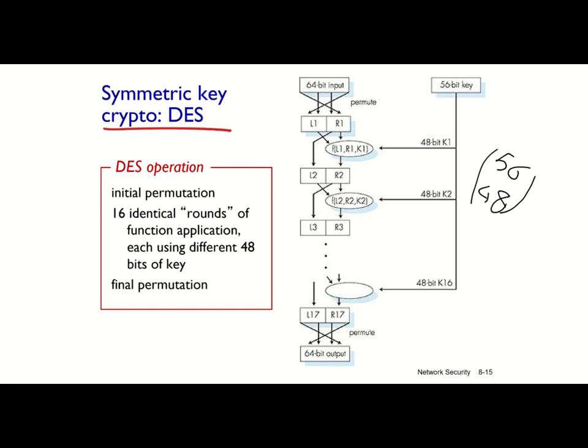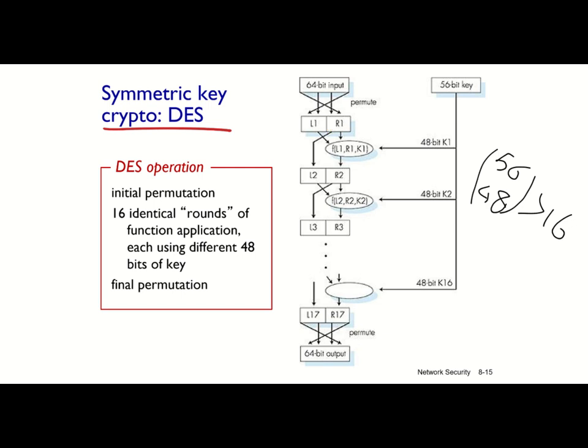But this is much more than 16, so there would be no problem finding 48 bits out of 56 bits. After you select 48 out of 56 in each round, you call it K1 if you are in the first round. If you are in the second round, you call it K2, all the way to K16, and then what you need to do is you divide the